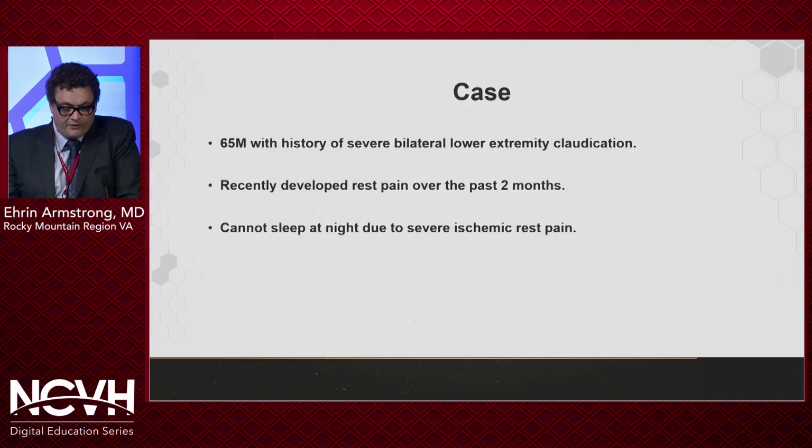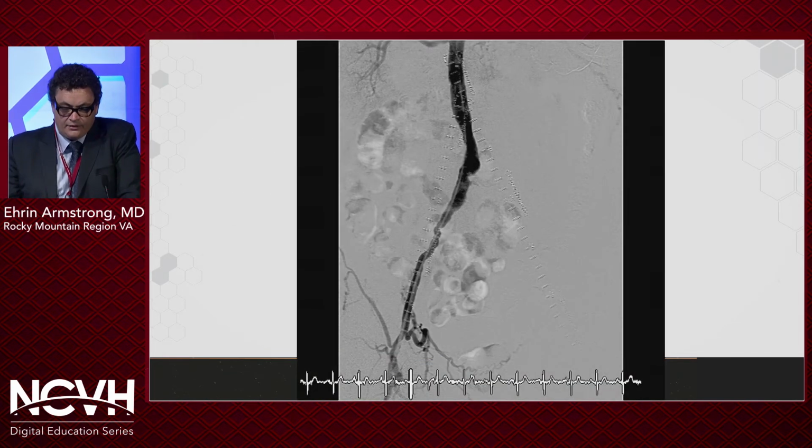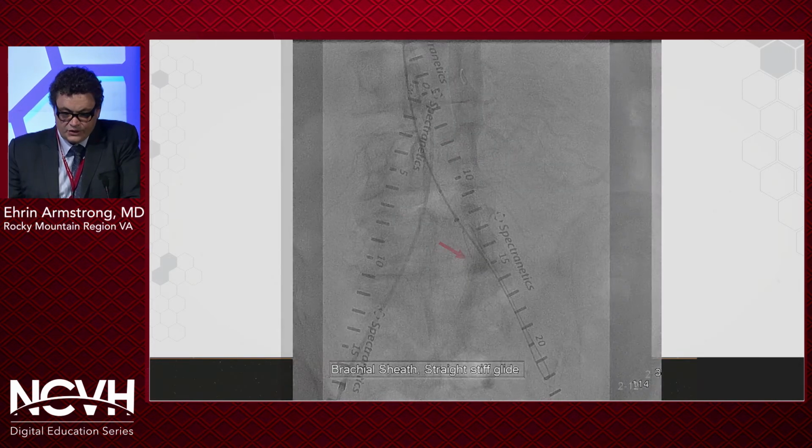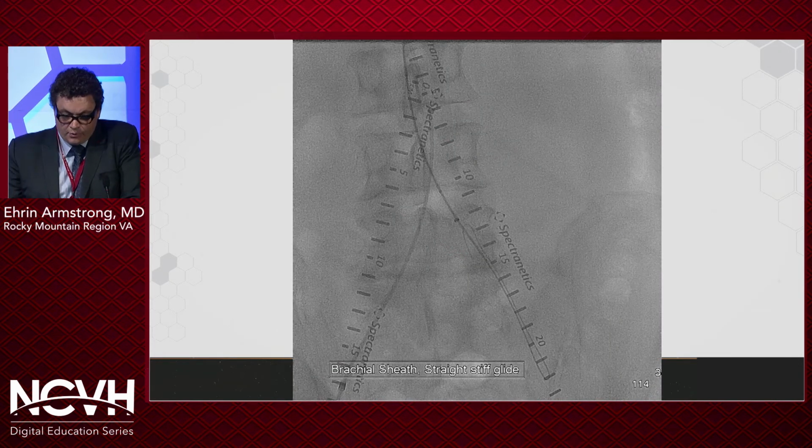This is an example of a patient with severe bilateral lower extremity claudication and severe ischemic rest pain. You can see he had a heavily diseased distal aorta, occluded left common iliac, and disease of the right external iliac as well. We were able to cross this lesion from a brachial approach with a straight stiff glide wire